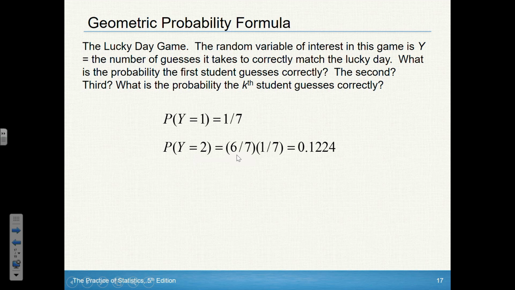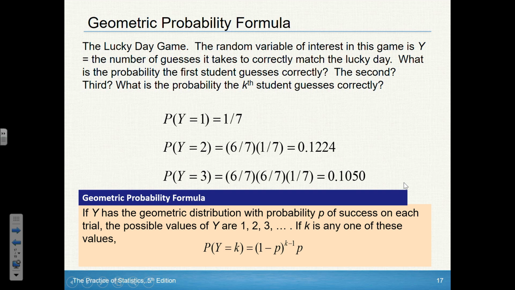So that's 6/7 as a probability. And the probability that the second child guesses correctly is 1/7. So to find the probability that y equals 2, we just multiply 6/7 times 1/7, and we get about 0.1224. And we can continue with y equals 3. That would be the first two guessed incorrectly and the third guessed correctly. Probability of about 0.1050. And we could continue on with that, or we could generalize the formula as we see